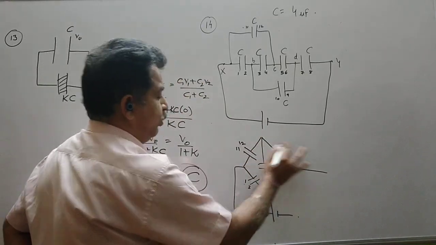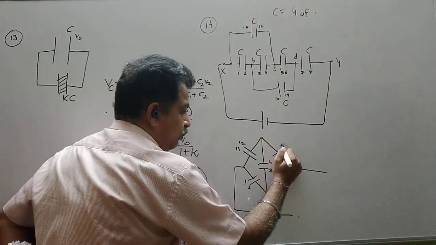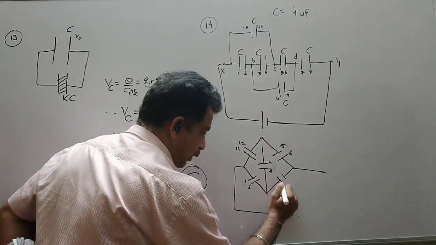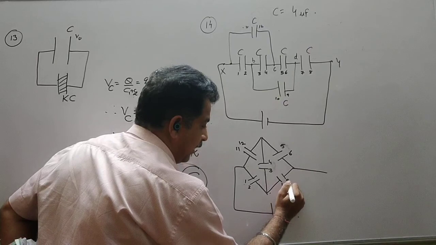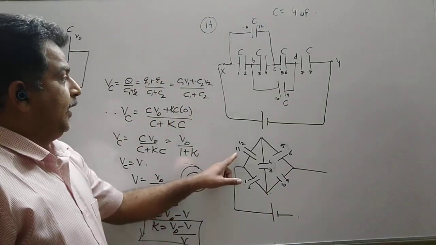Yes, so 3, 4 goes here. It is now connected with 12 and this should be 5, 6. And 2 is connected with 10. So I take this as 10 and 9. So let us check again. 1 and 11